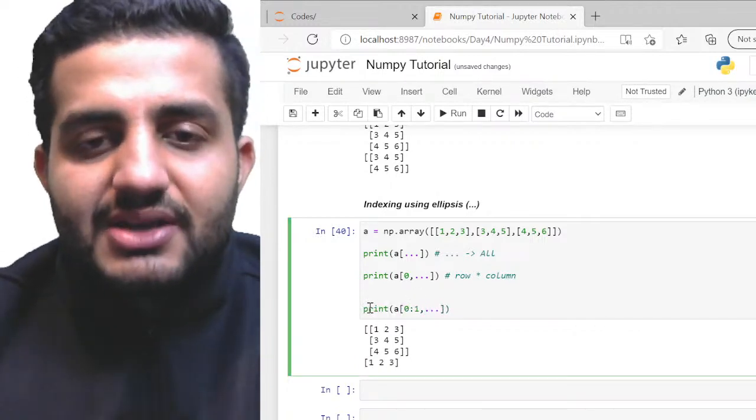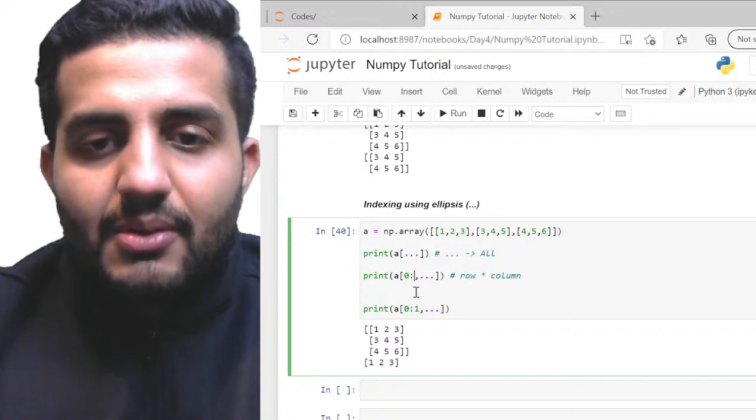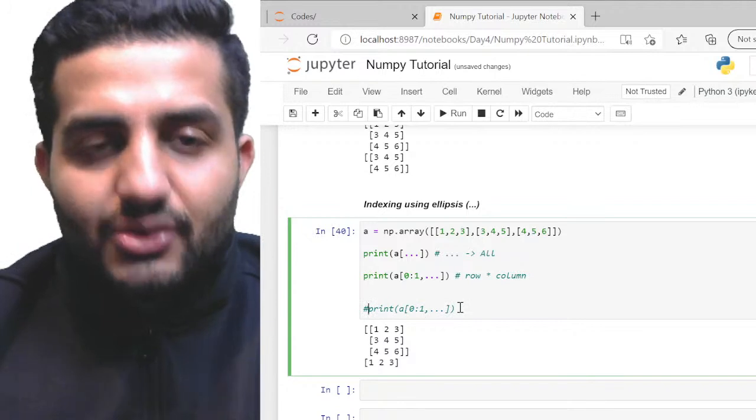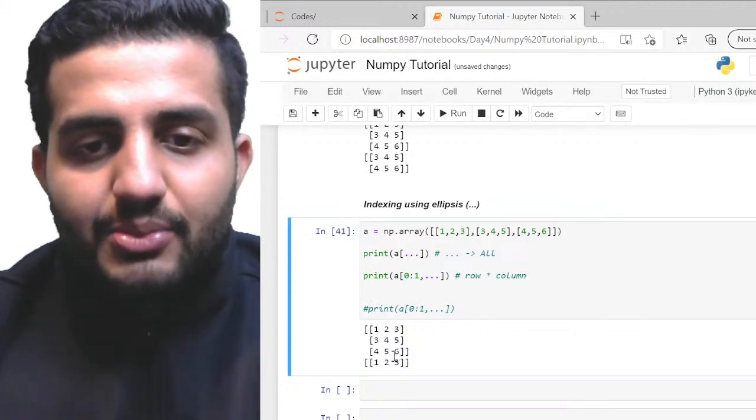And आप इसमें ranging भी कर सकते हो. So I want to say 0 comma 1. So I want 0 से लेकर के first row तक चाहिए and all the columns. So in this case output is like